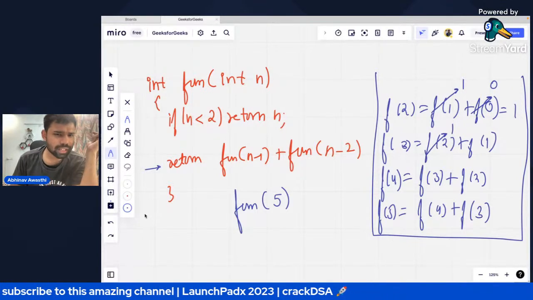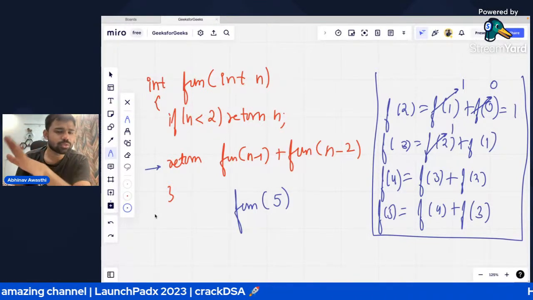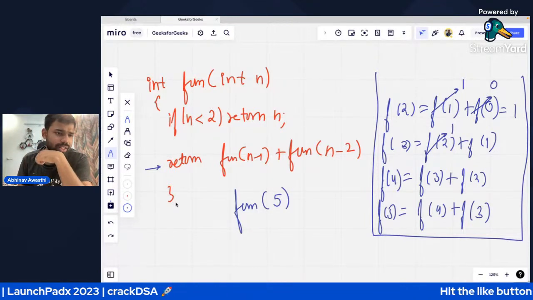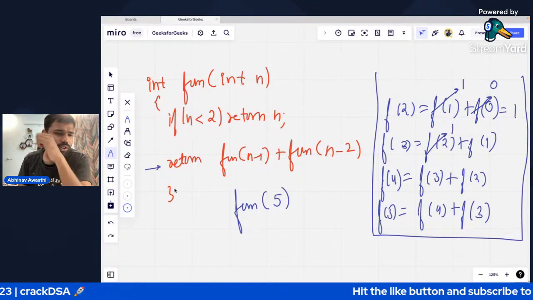No, Vivek, I don't think it is required. Like simply n minus 1, n minus 2 is fine. I is not required here, okay? Like you can use it also, but it's not required.